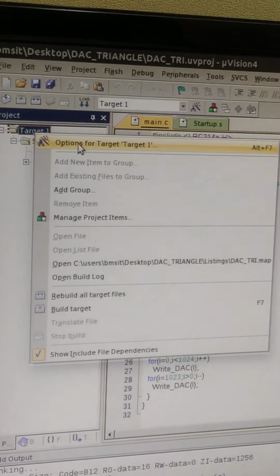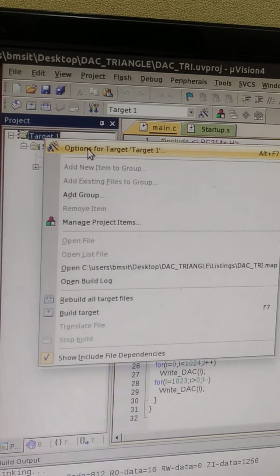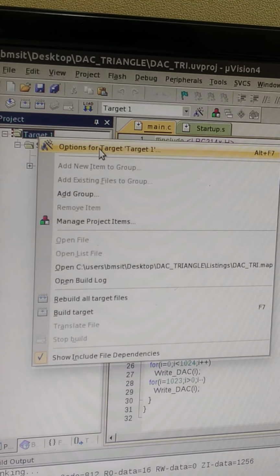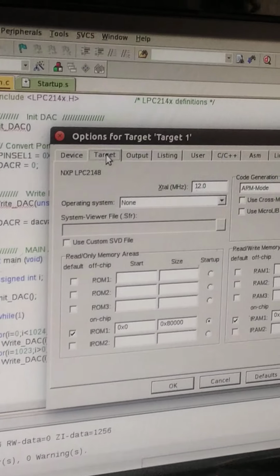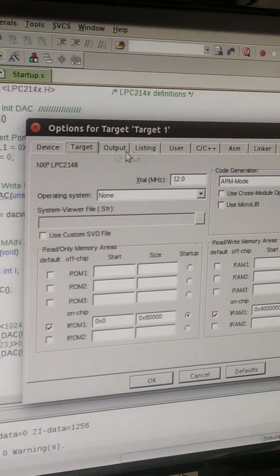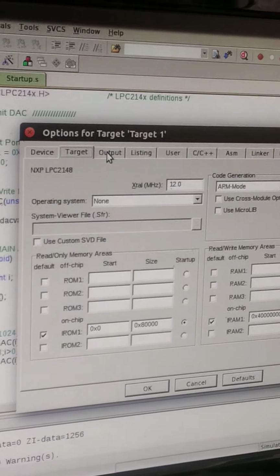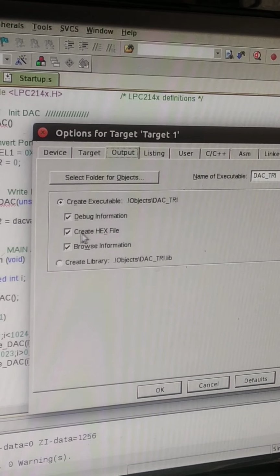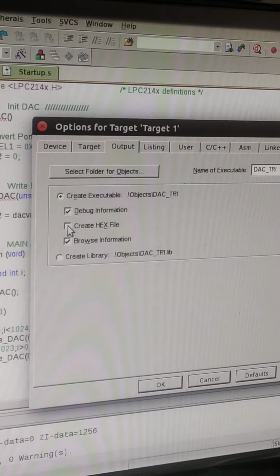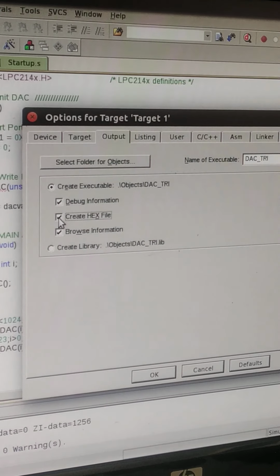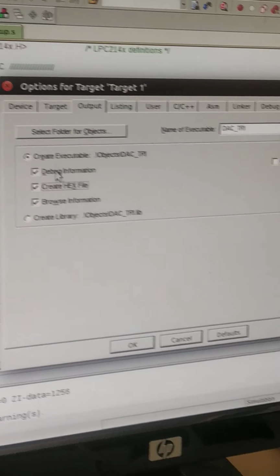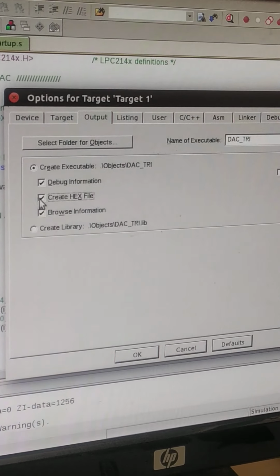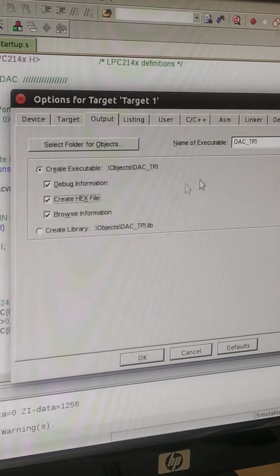Now to generate it for the triangle, go to target, right click, and click options for target. Go to the target output, and click create hex file. This will be unchecked actually. You have to click it for generating the hex file.